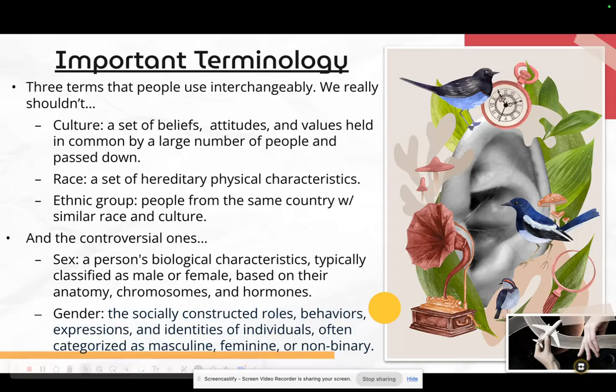Afro-German, or, obviously in the United States, there are a number of people who consider themselves to be American, but they come from different racial backgrounds. Then you have ethnic groups. Ethnic group is even a different way to look at things. Those are people that come from the same country or area that have similar race and culture. And so ethnicity is even a more